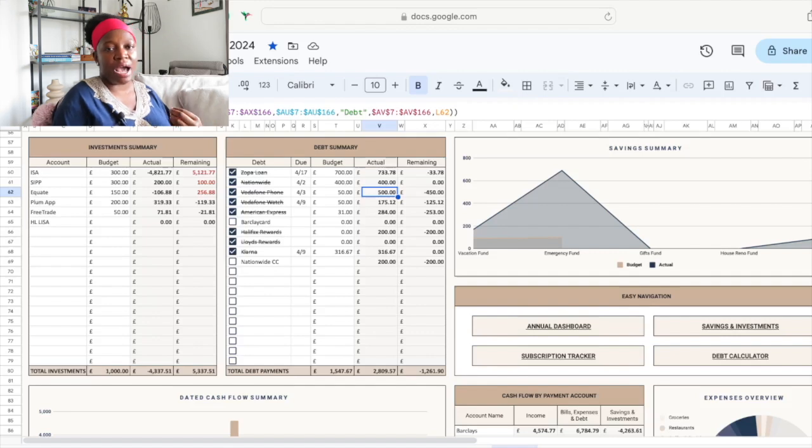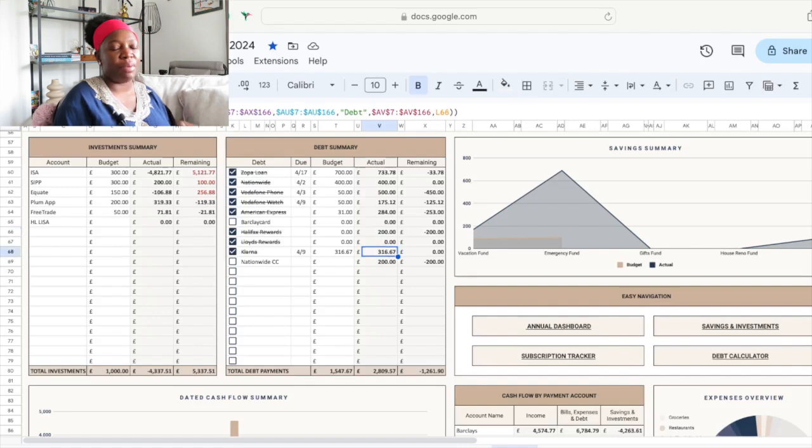So that's why I focus on paying off my phone. And now that I've paid off my phone, I'm now focusing on paying off my watch as well, so that at least I won't have the credit cards to think about come July. So yeah, I was able to send some money to my watch, to my American Express, to my Halifax card,